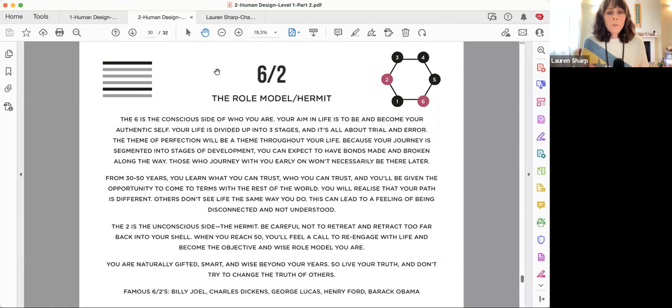For the 6-2, we always say, imagine what that role model looks like for you. What does that individual look like? If you're a girl, it's still got to be a girl. If it's a guy, it's a guy. If you are a 6-2 and you're listening to this, it really does help to write down what that person is and who that person is to you. So you're basically making up a character.